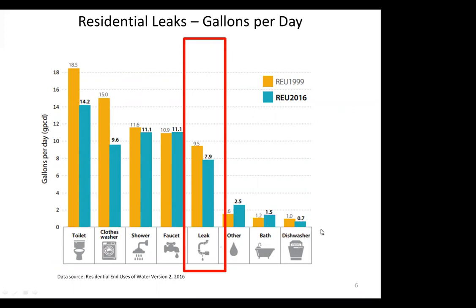In this study, 32% of homes had leak rates that were greater than the average listed here. A leak can be up to 600 gallons per household per day and can be a serious problem. Most leaks, however, are going to be much lower in volume, but it can still add up over time, and we estimate that about 1 in 4 households has a leak, accounting for 10 to 20% of total water use. So the takeaway is that leaks really are very common.